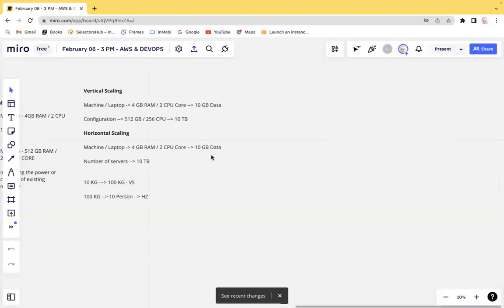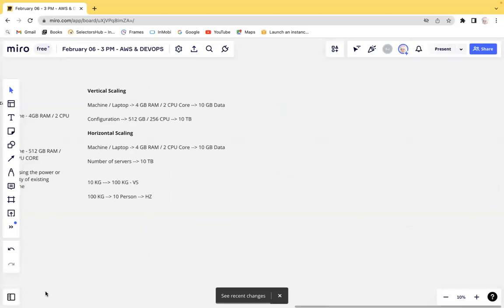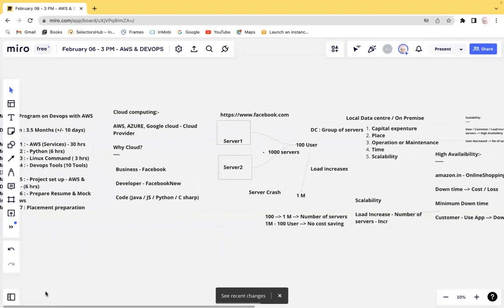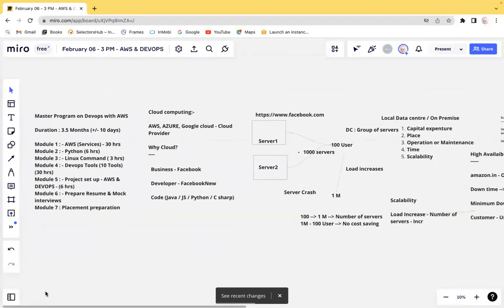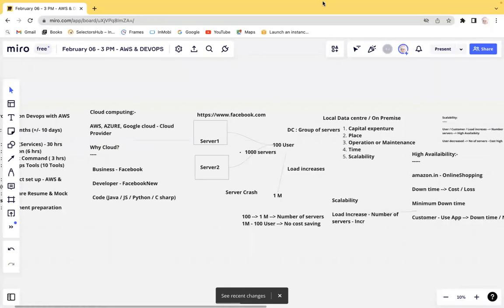So I hope you remembered everything that we completed yesterday. We started with what I'm going to cover over the next 3.5 months, and along with that, I also gave some idea with respect to cloud computing. What is meant by cloud computing? In order to understand this one,